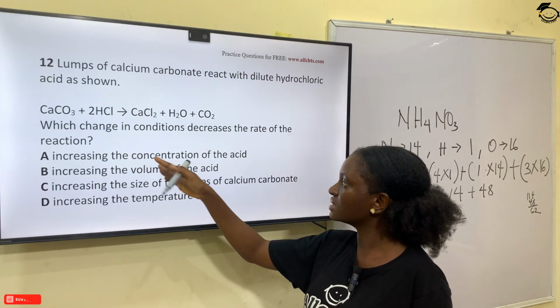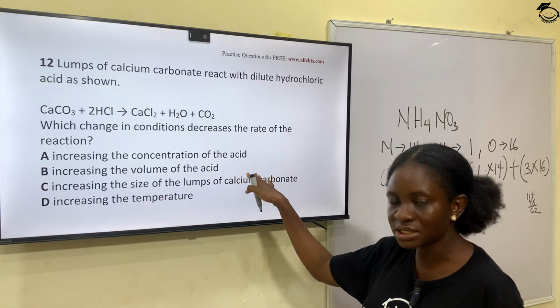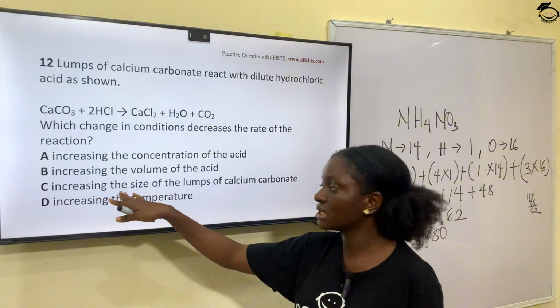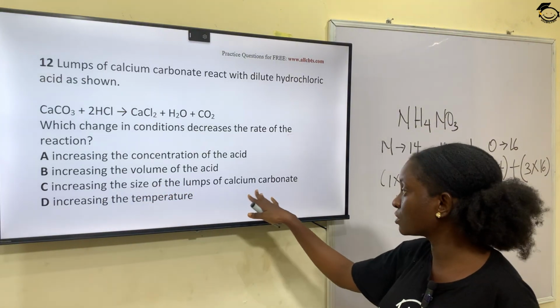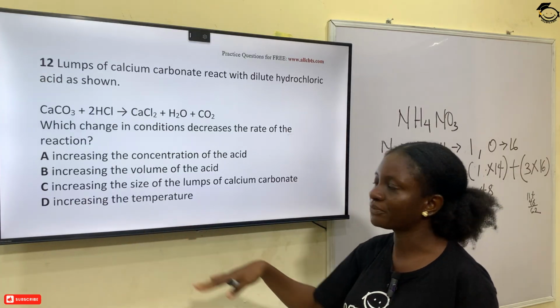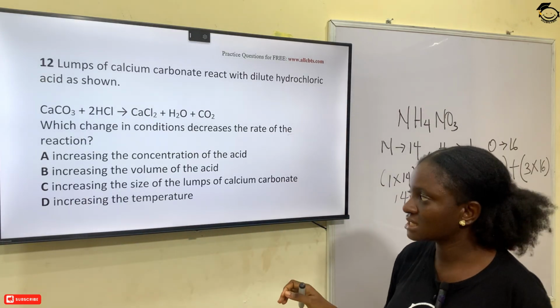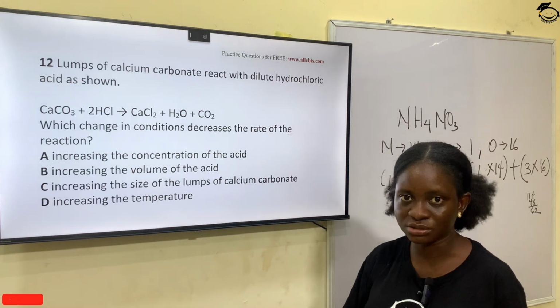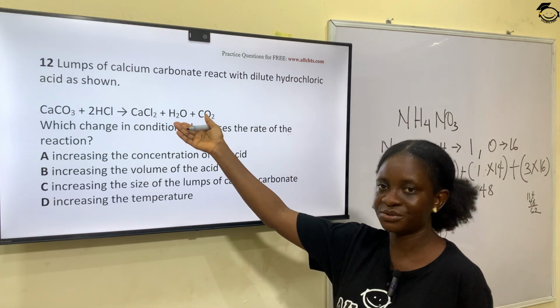Option A, increasing the concentration of the acid. B, increasing the volume of the acid. C, increasing the size of the lumps of calcium carbonate. D, increasing temperature. So this question is simply asking which change can actually decrease the rate of